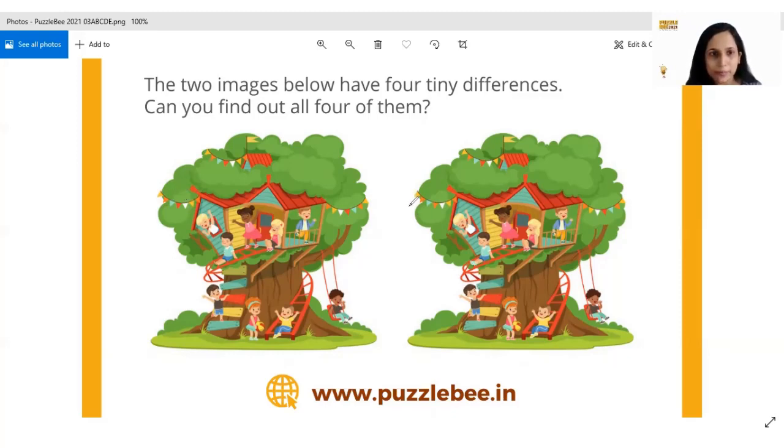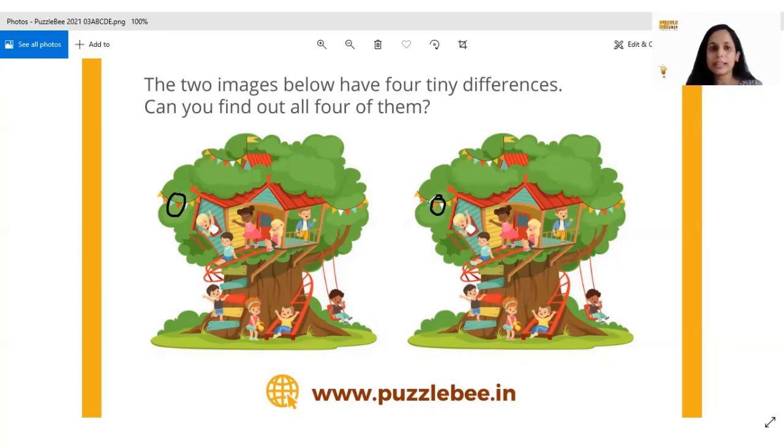What do we have here? Yellow, orange, blue, but this is orange again. See, this was red while this was orange. So this was one difference. And personally, I think this was the toughest one. When we got this question created, I had the hardest time finding this particular difference.